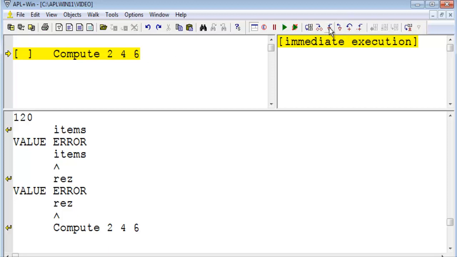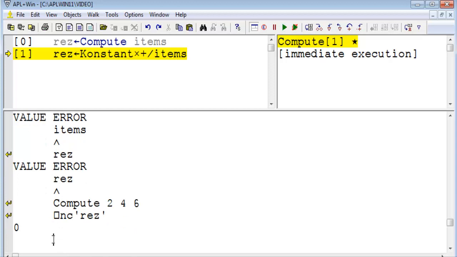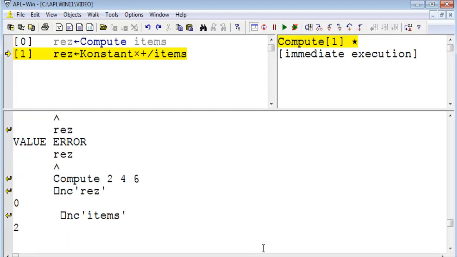We now enter the function, and we can see that items has a value, which is 2, 4, and 6. Constant has the value 10. And res doesn't have a value yet. If we look at its name class, it is unknown. But items is defined as a variable. If we keep going, we can now see that res has been given a value, 120, and the function is